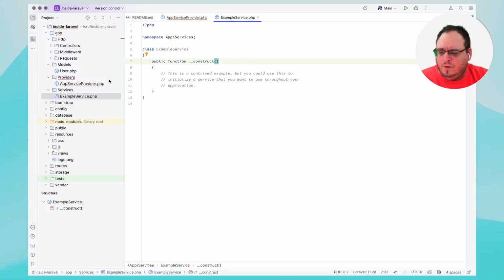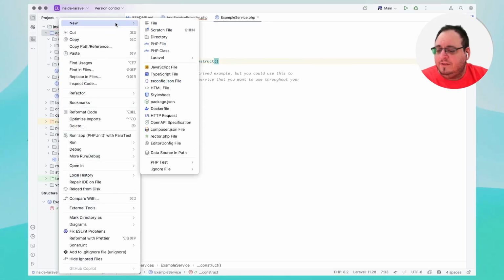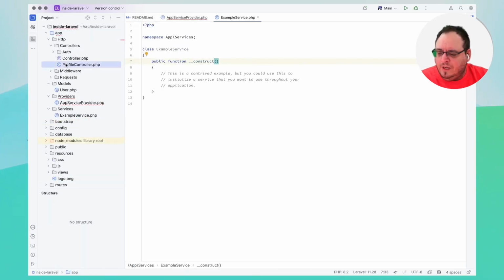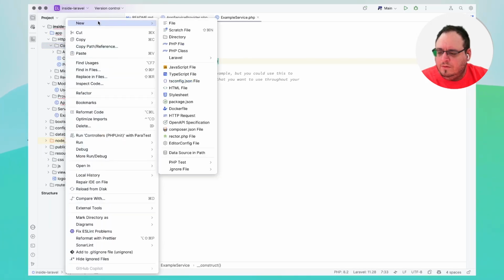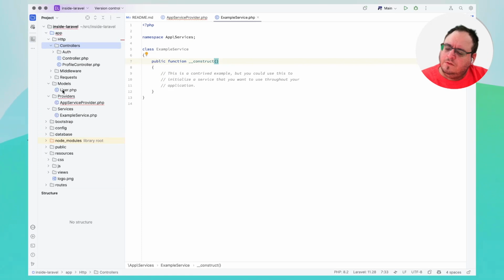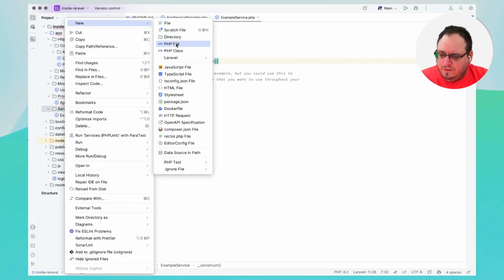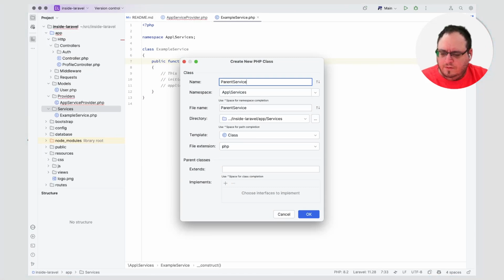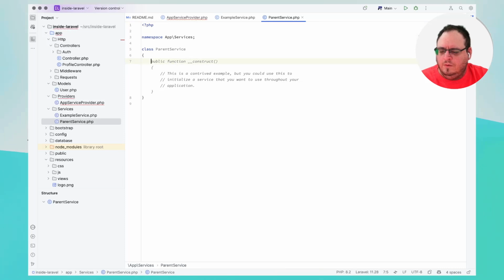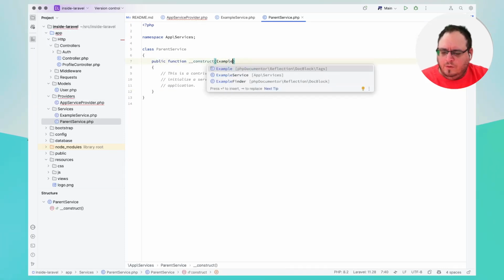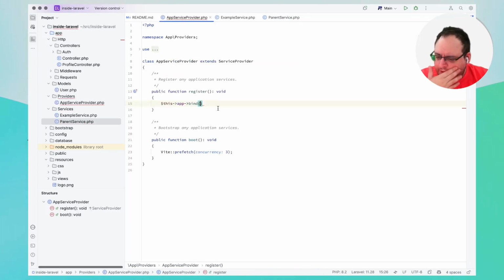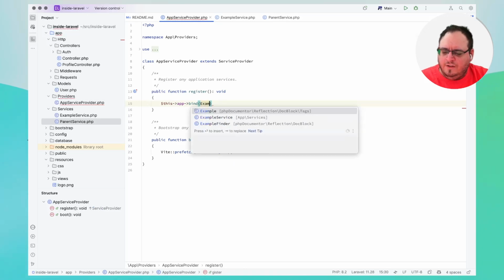And in here, we're going to have to take something else. So let's make this the dependency into a controller. I want it to be a controller. We'll just create a second service. It's fine. So new PHP class, parent service. Okay. And in here, we will also put a constructor, and we want to take an example service. Perfect. Okay. All right. So in here, we are going to bind the example service,